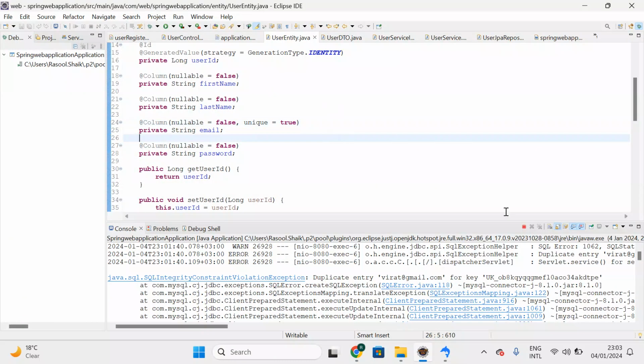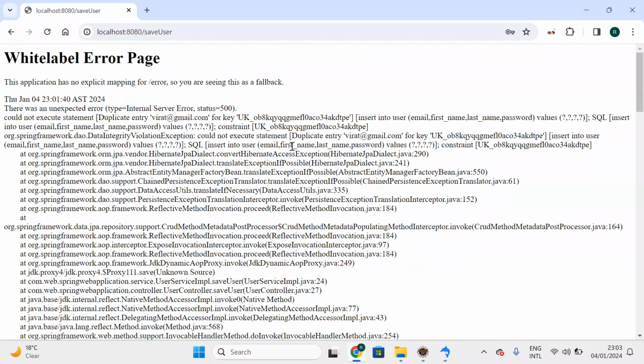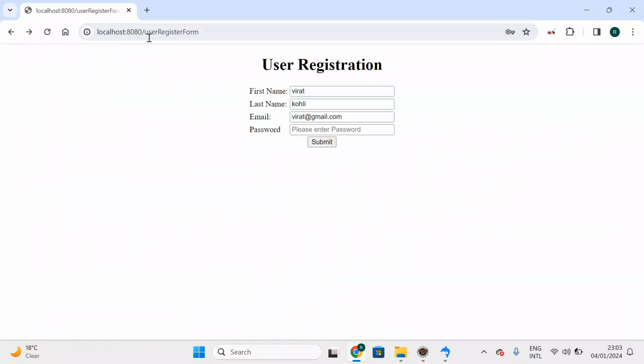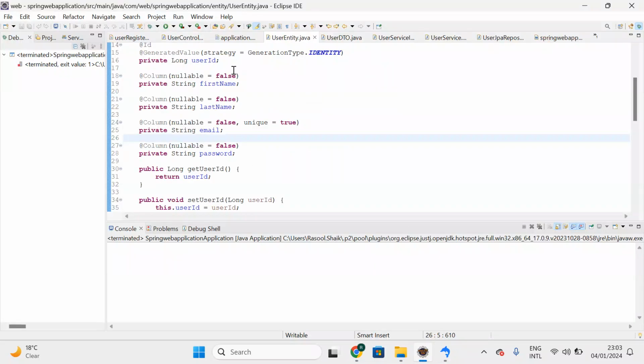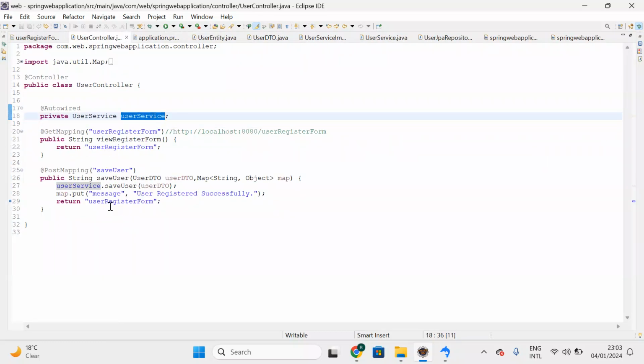For that, let me stop the server first and go back to the user registration form. Whenever we try to create the same user ID, the user should not be created, right? We have to show a message. For that, let me go to the controller. Let me start from here. For that we have to do validation. When do we have to do validation? While saving the user. So before saving the user, we have to perform